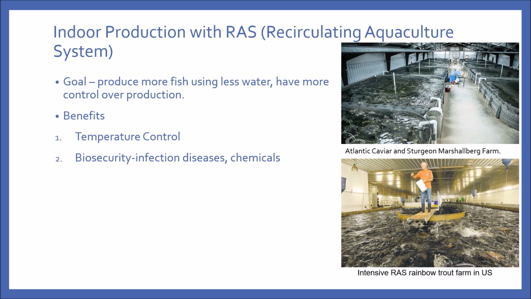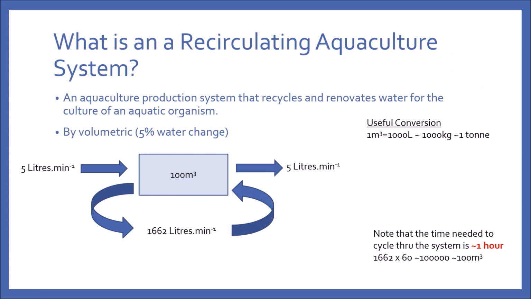So, how do we define a recirculating aquaculture system? By definition, an aquaculture production system that recycles and renovates the water for the culture of an aquatic organism. A simple way to define the amount of recirculation rate is a 95% recirculation rate. In other words, you indeed have to carry out some form of water change, and which can be up to